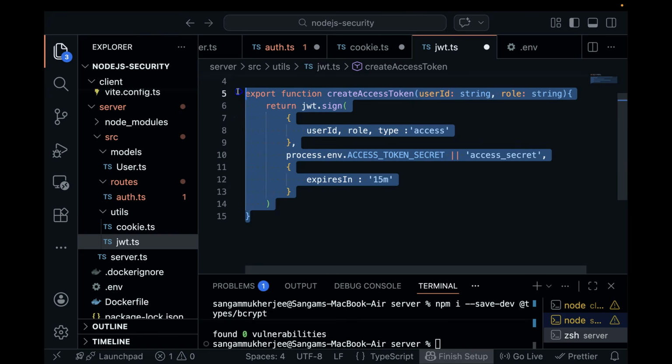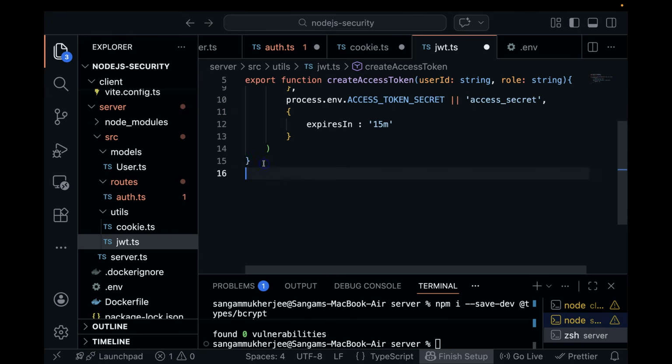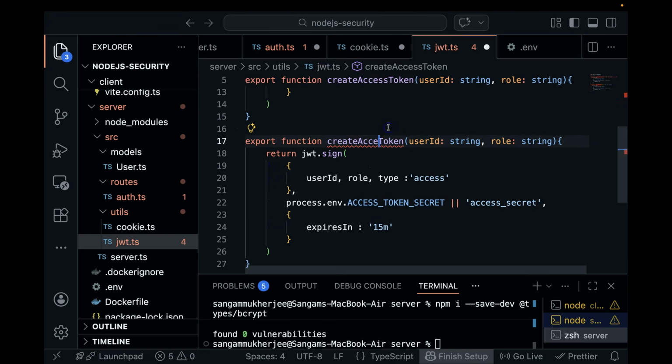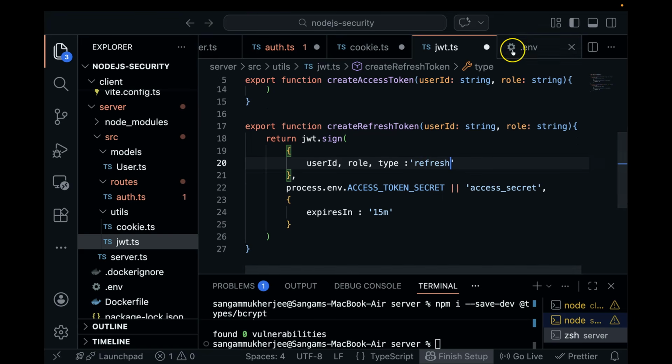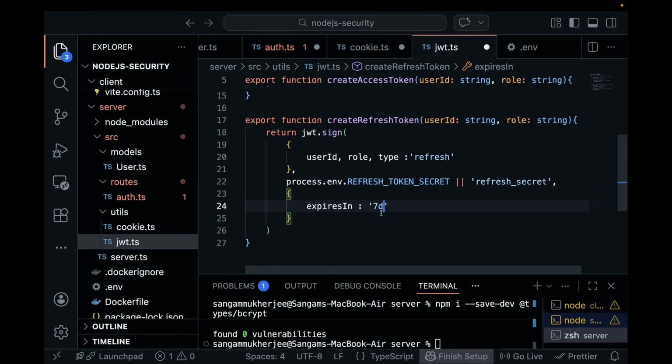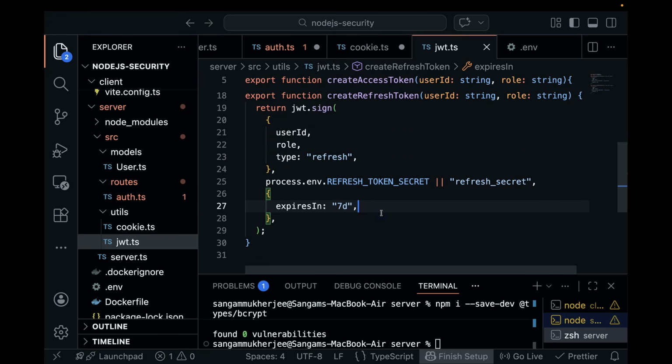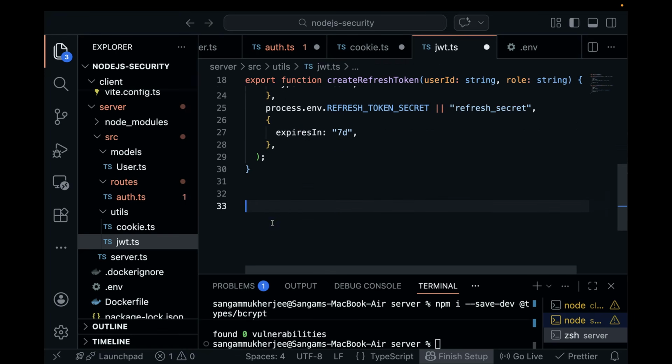Now let's copy this and paste it here, so this will be our refresh token. Again the same thing, the only change is that these become refresh, and this will be your refresh token secret. Here I'm just going to do 7 days. Okay, save this, and then we are going to do one more, which will be export function, and I'll do create